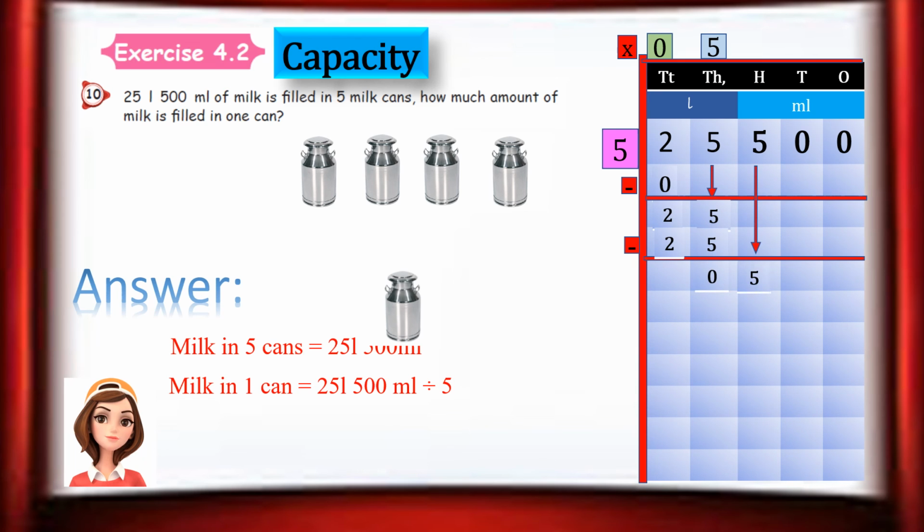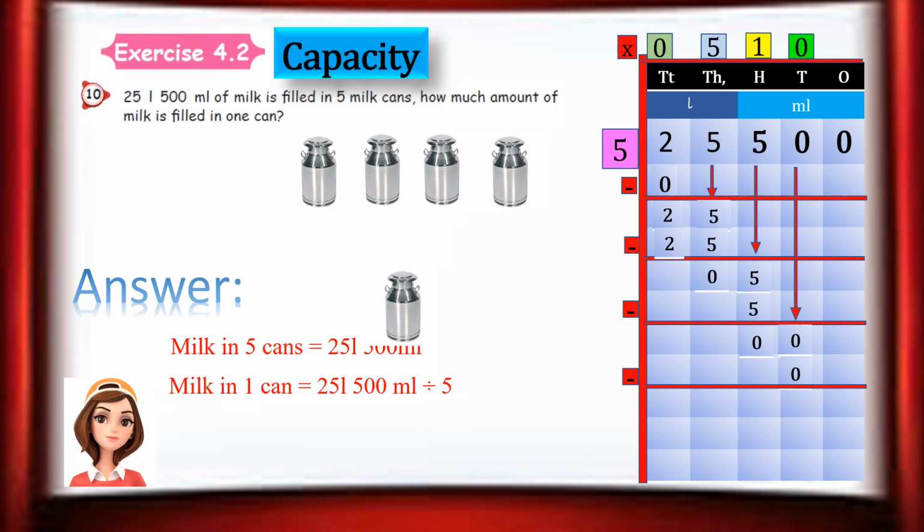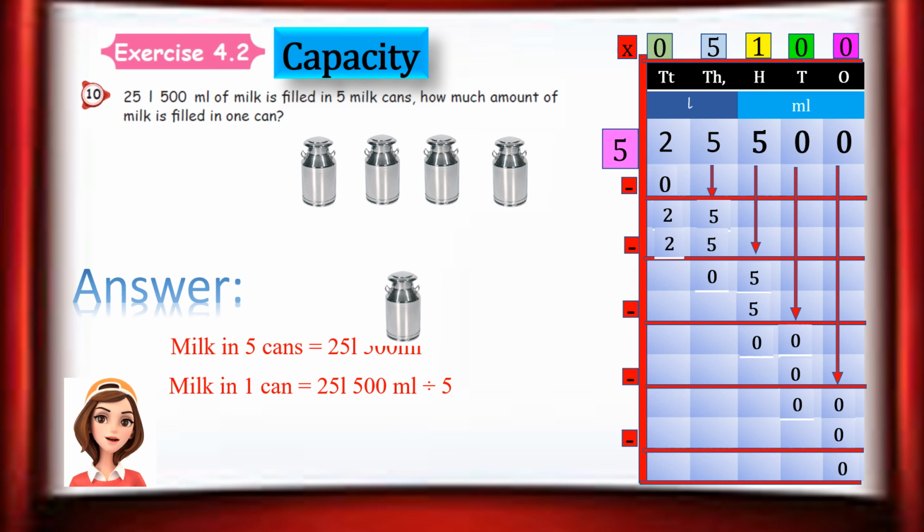So after subtraction, what? Yes, you are right, 0 ma. So bring down the next digit. Yes, we have 5 times table of 5 irukku. So 5 1 times. 5 ones are 5. So if we subtract 5 minus 5, 0. Then bring down the next digit, 0. Yes, we have 0 in 5 times table also. That is 5 zeros are 0. Am I right? Good. So here also 0 will become, and one more 0 is there. As usual, same procedure for 5 zeros are 0.